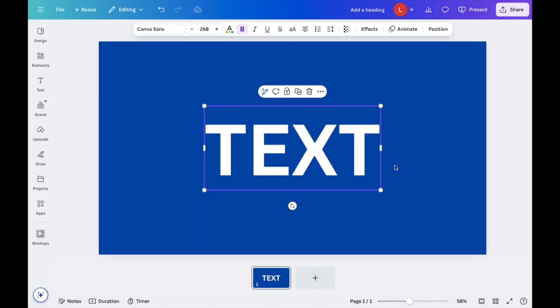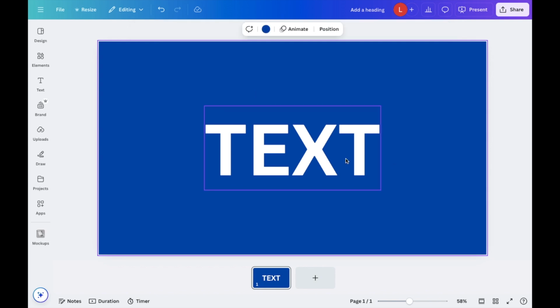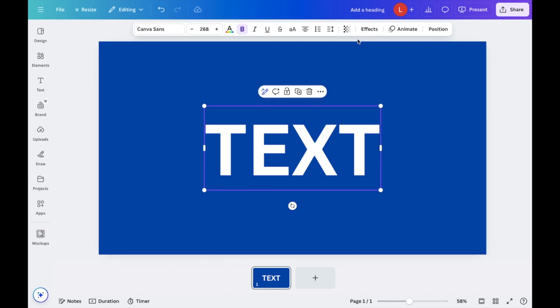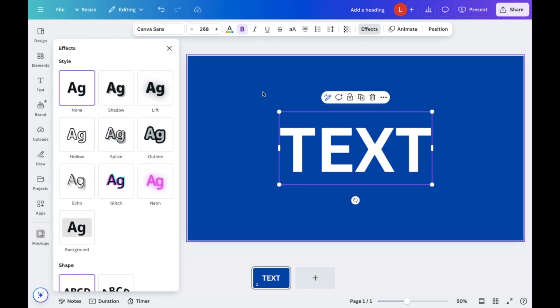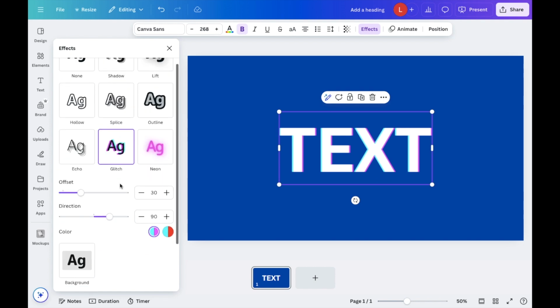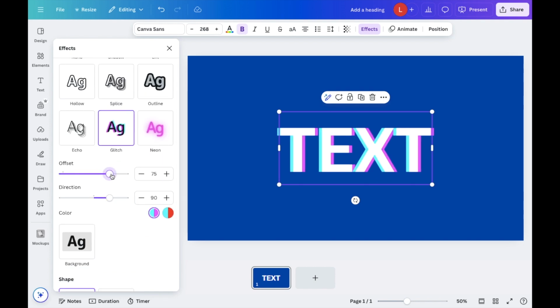Now, if you want to add the glitch effect, it's very straightforward. Press on the text right here. Go to the top right, press on effects. Now under effects, there's this option right here that says glitch. Press on that. Now, if you want to change the offset of the glitch right here, you can go ahead